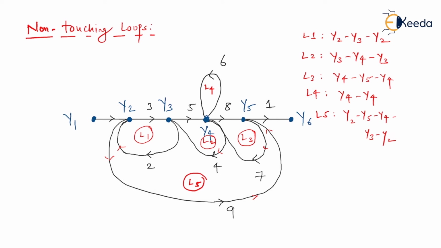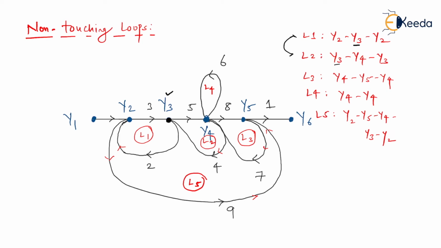So let us say I'm comparing loop number 1 and loop number 2. When I'm comparing them, you have to see whether there are any common nodes. As you can see, yes, there is a common node, that is y3. It means if there is even a single node which is common between two loops, these loops are physically touching each other, that is, they are sharing a common node. Even physically it is very well visible that loop 1 and loop 2 are touching each other at y3. So y3 is a common node between loop 1 and loop 2, and I cannot consider loop 1 and loop 2 as non-touching loops.